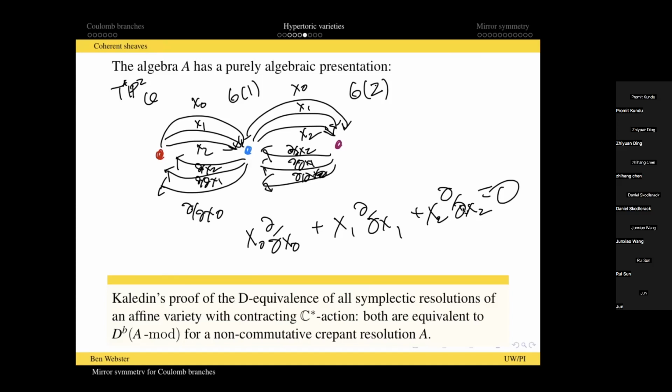There are certain cases where affine type A quiver varieties can also be written as Coulomb branches. And the Coulomb branch picture explicitly constructs the tilting generator for you. But at least I have no idea how to think about that tilting generator if you wrote it instead as a quotient or thought about it as a Hilbert scheme, like what it has to do with the tautological bundles that come up that way.